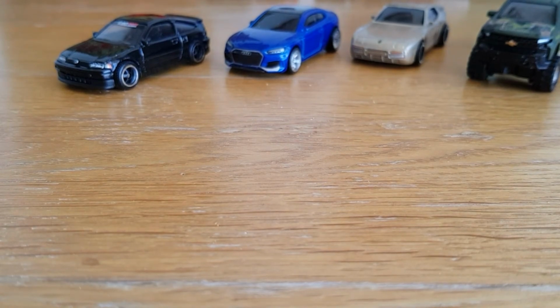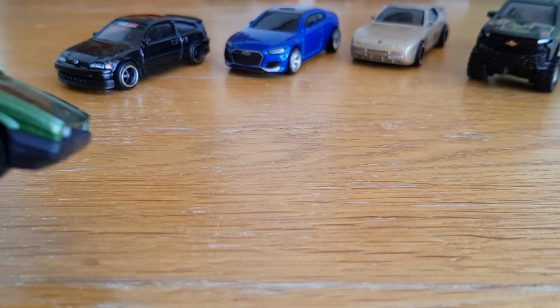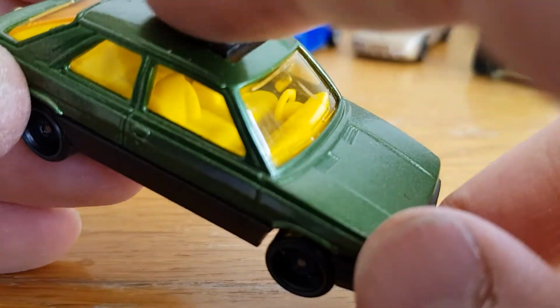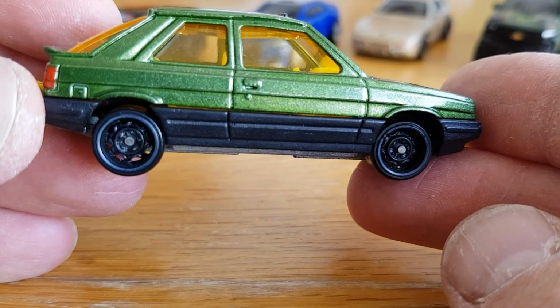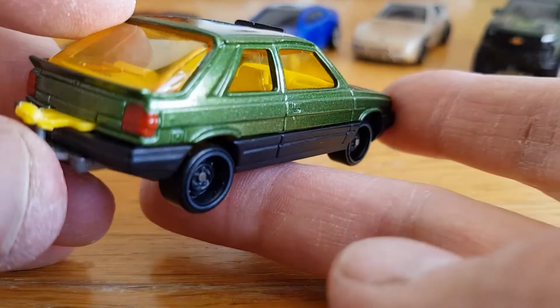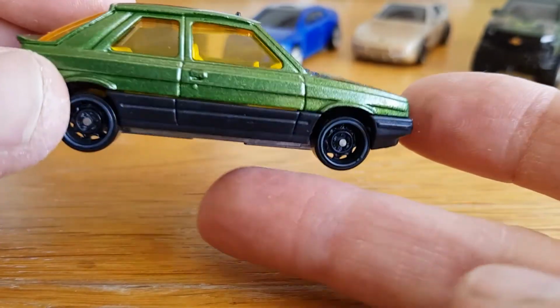I thought if I'm going to show them, I might as well quickly show off the last restoration, or it's not really a restoration, but this was a custom really, because I did change the wheels on it and gave it a repaint and did the rear lights. But anyway,